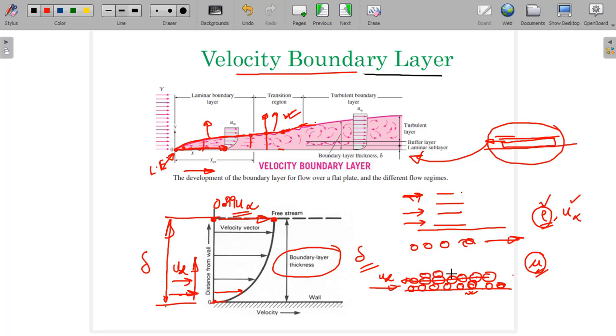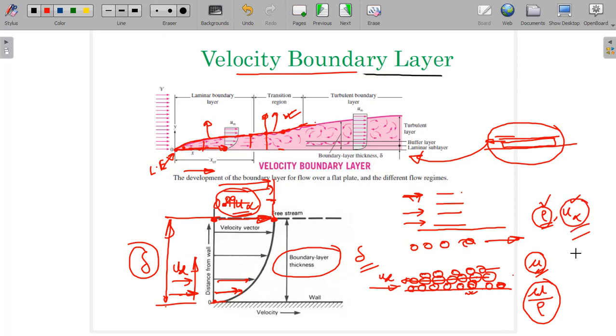Similarly, that information will again pass on to the next layer. In this way, gradually the velocity will increase, and after reaching a particular distance, you will find that almost 99% of the free stream velocity is achieved, and after that there is almost no change of the velocity. So the thickness of the boundary layer depends on which factors? It is clear that it depends on the relative value of the viscosity with respect to rho, that is, the relative value of this diffusion with respect to its inertia. And it also depends on u infinity.